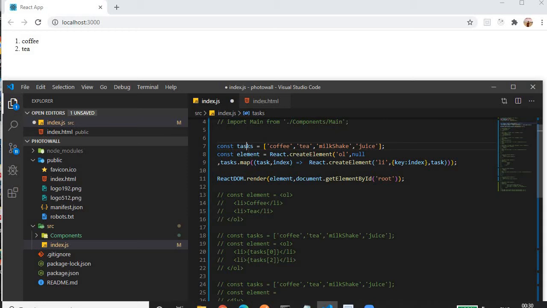Then we have to create an element. For creating an element, same story, React.createElement. We want to represent this array's items in a list, so we have to use OL for an ordered list. If it is an unordered list, we have to use the UL selector. Then we don't have any props, so null. Then we need content for that list. So here is the content. Here, by using the array, how can we display the content? For that, what we have to do is